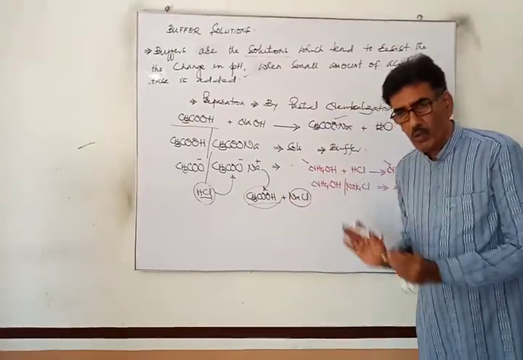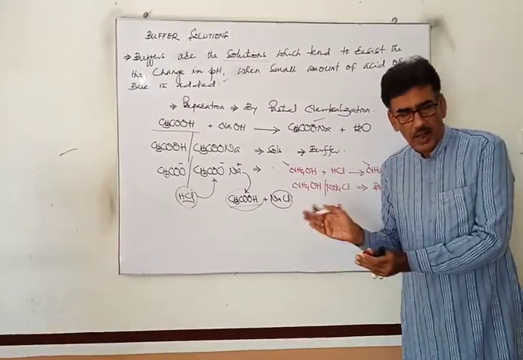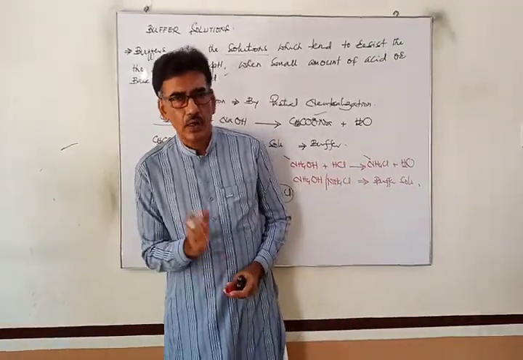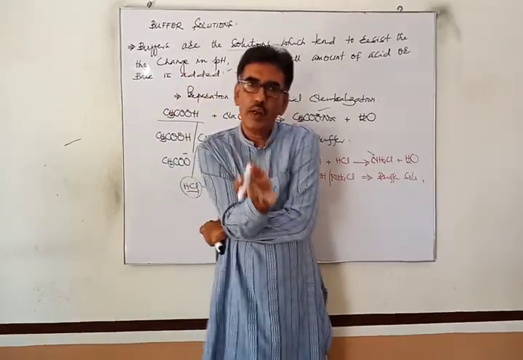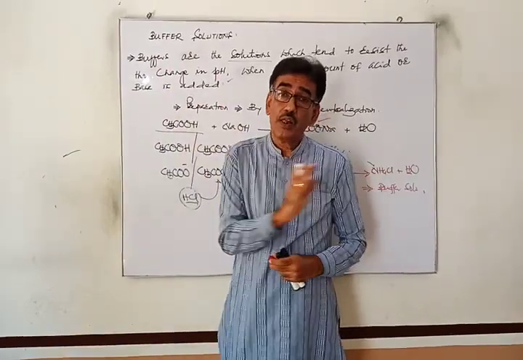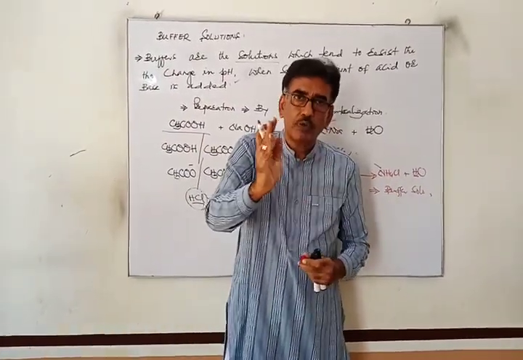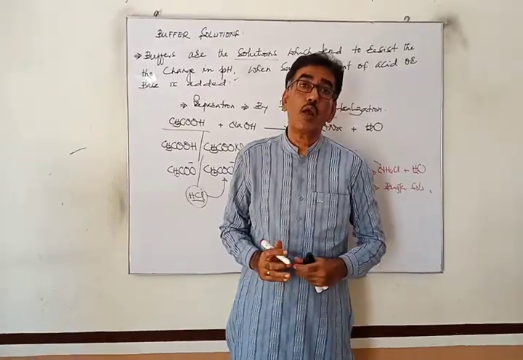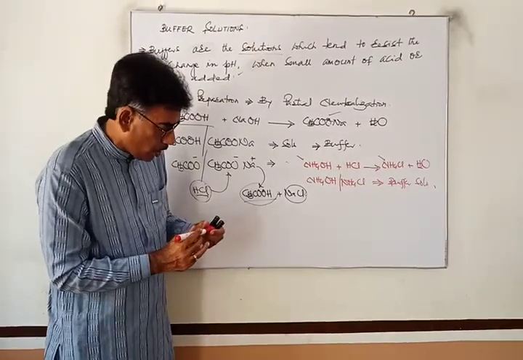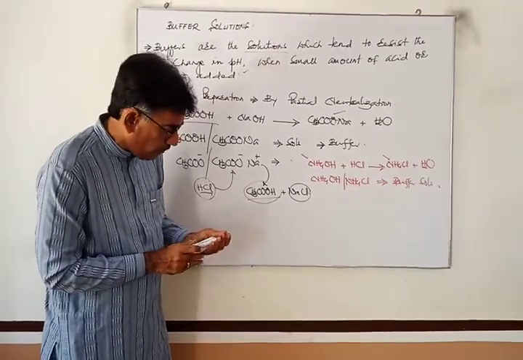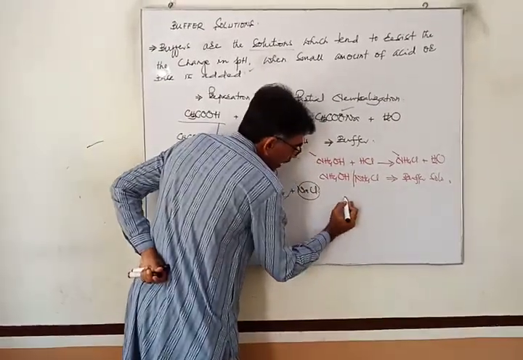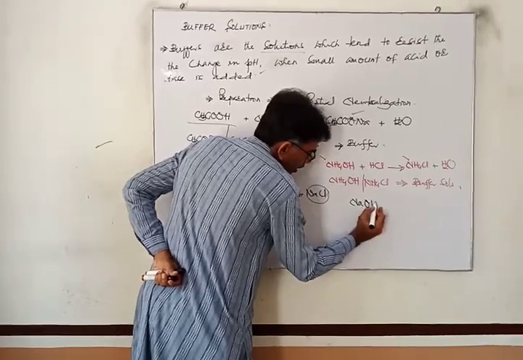And now how can it work when we have to put in a very strong base like sodium or potassium hydroxide? When sodium or potassium hydroxide is added to water, you can find a very big change or sudden jump from 7 to 11, 12, 13. But when that same sodium hydroxide or potassium hydroxide is added to this one, you can find only a slight change in pH. Sodium hydroxide, we know, is a strong base.